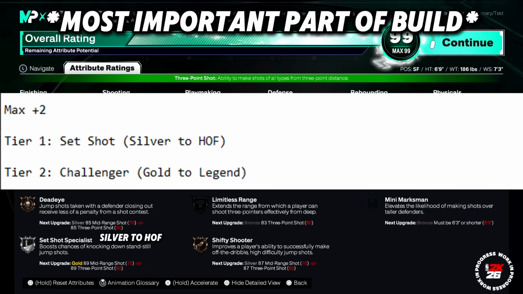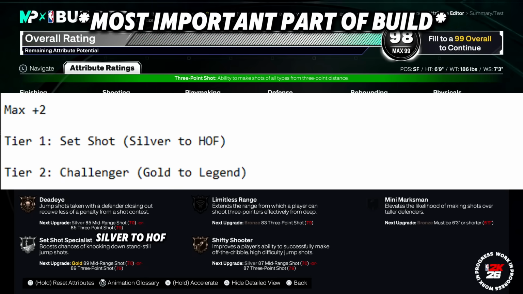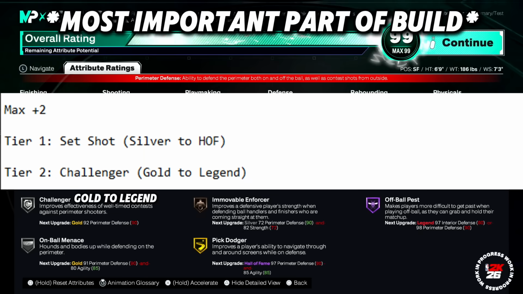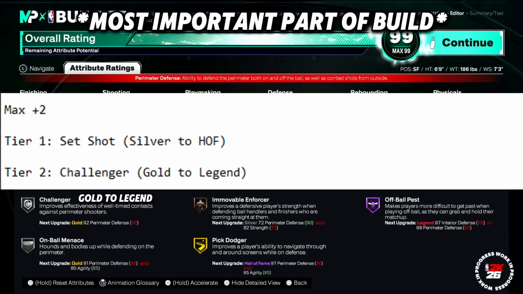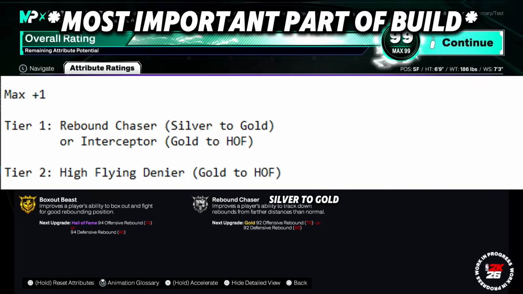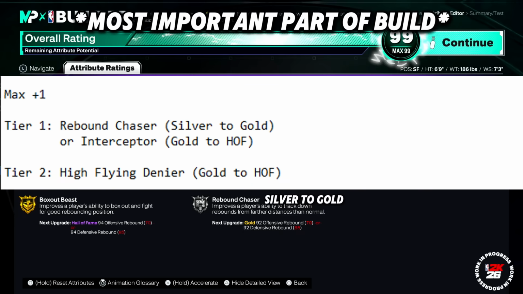Now with our regular max +2s, we're going to do set shot from silver to half as our tier 1 and challenger from gold to legend as our tier 2. Like I said, challenger is a tier 2 badge, so we can use the max +2 tier 2 from challenger gold to legend. And finally, with our regular max +1s, we can do rebound chaser from silver to gold or